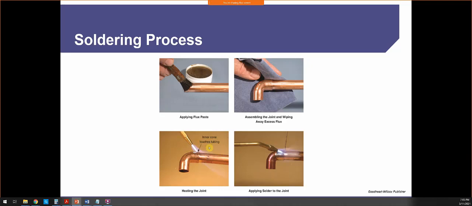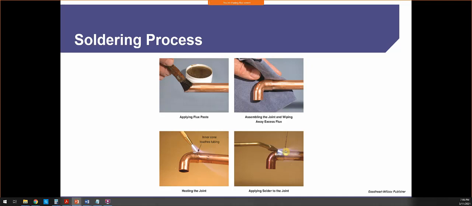But what ends up happening is as we start to apply the solder, it's actually going to start to get sucked in. There's a capillary action. It starts to suck the material in and starts to fill the voids. So in reality, as we start to apply this heat, we're moving it around. We take our solder and we keep dabbing it until we start to see that the